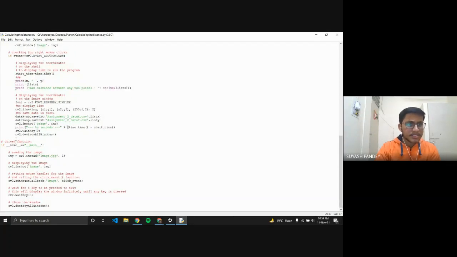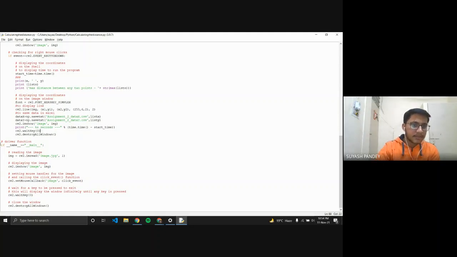Now, this is our main function. cv2.waitKey would allow us to keep that image on our screen, because if we don't do this, then our image would disappear at an instant. But if we use this command cv2.waitKey with 0 in the bracket, then it would hold our image on the screen. And then cv2.destroyAllWindows would destroy all the windows in that particular program.